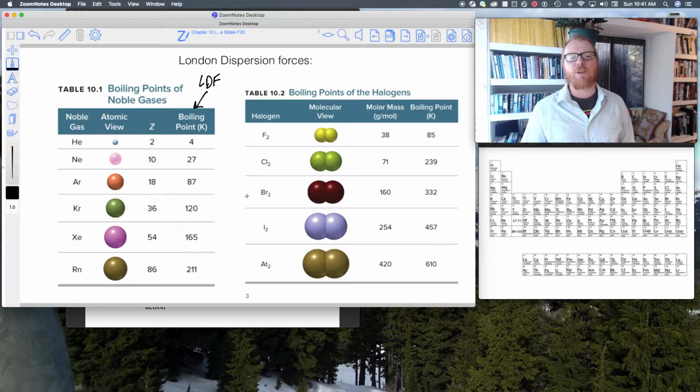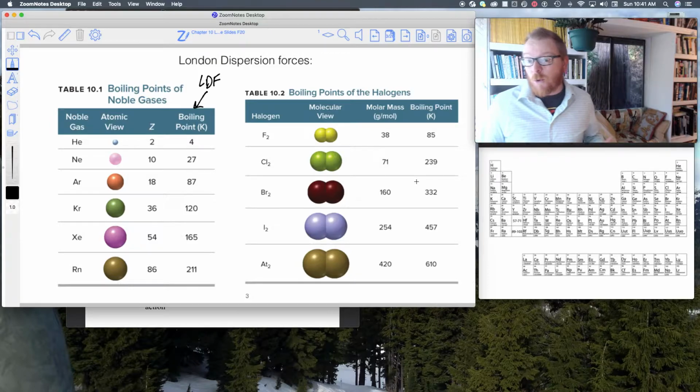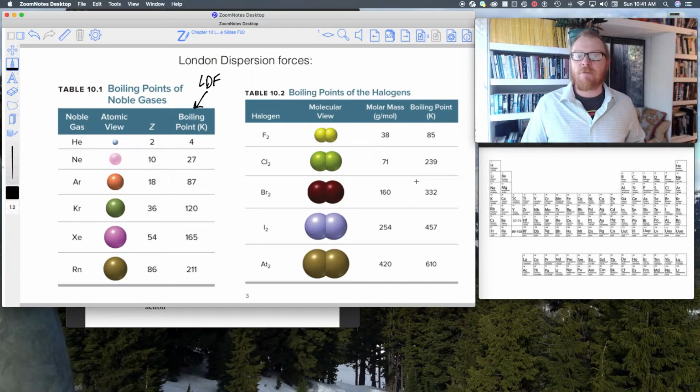And similarly, if we look at the halogens, even though they're not atoms, they're molecules, they are still non-polar molecules, so they exhibit London dispersion forces. If you now look at what happens to these things, I mean, fluorine, 85 Kelvin. Okay, so we could say fluorine's intermolecular forces are fairly weak. But look at chlorine. I mean, 239 Kelvin. 239 Kelvin is like minus 30 Celsius. And even when you get to bromine, this is amazing. That's a boiling point that's greater